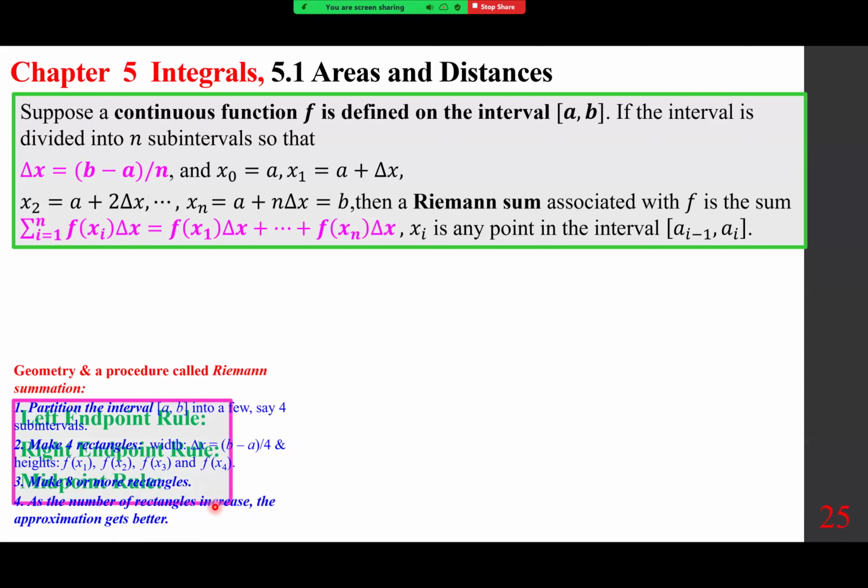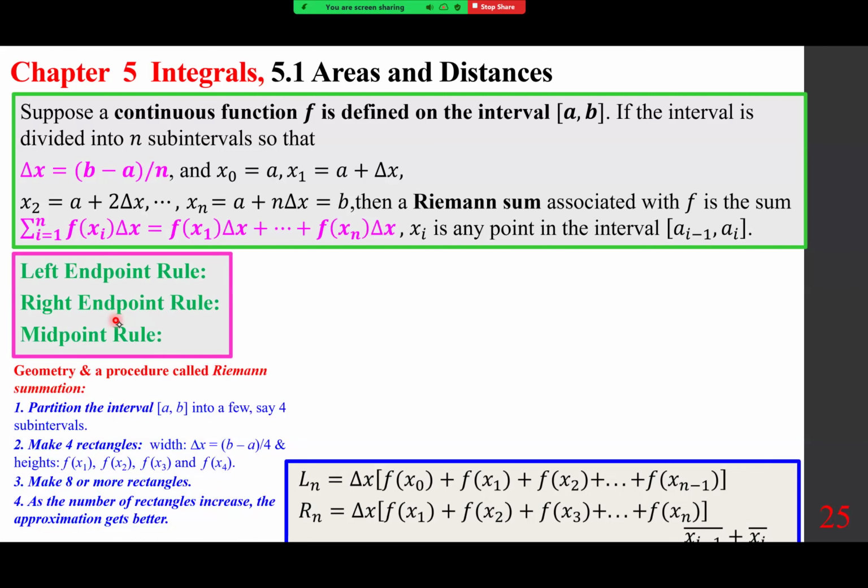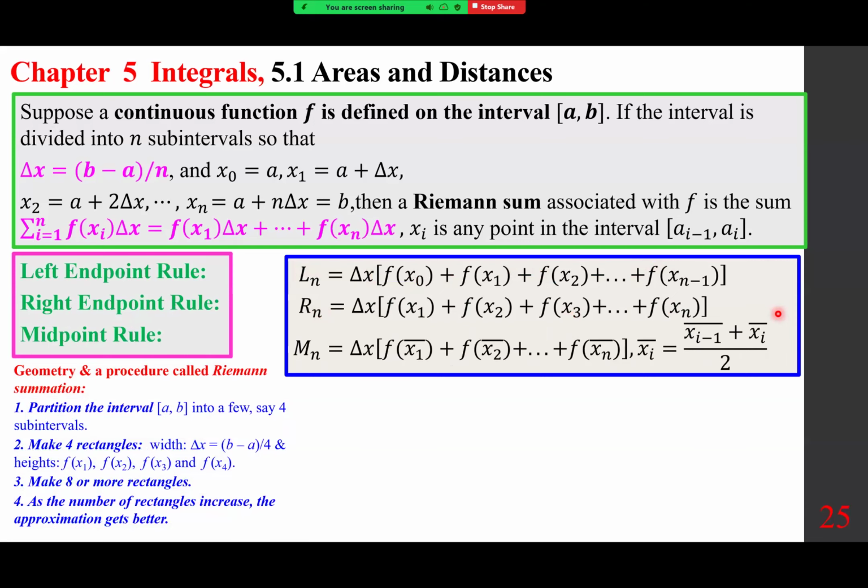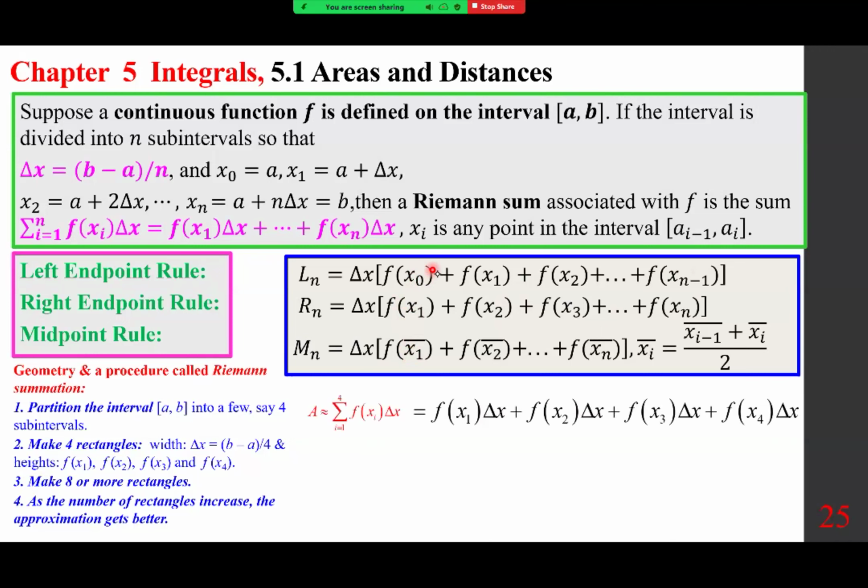That's the idea. So if you look at the left endpoints, the right endpoints, and the midpoints, they do have formulas. But I'm going to show you an easy way. You don't have to memorize this formula with setting it up using a line segment. The idea is that with the left endpoints, delta x times the height would be f of x sub 0, f of x sub 1, all the way to the one before the last. For the right endpoints, we start with f of x sub 1, we go to x sub n, and this is the midpoint, the middle of the two. So area can be approximated with this formula. If you choose 4, for example,